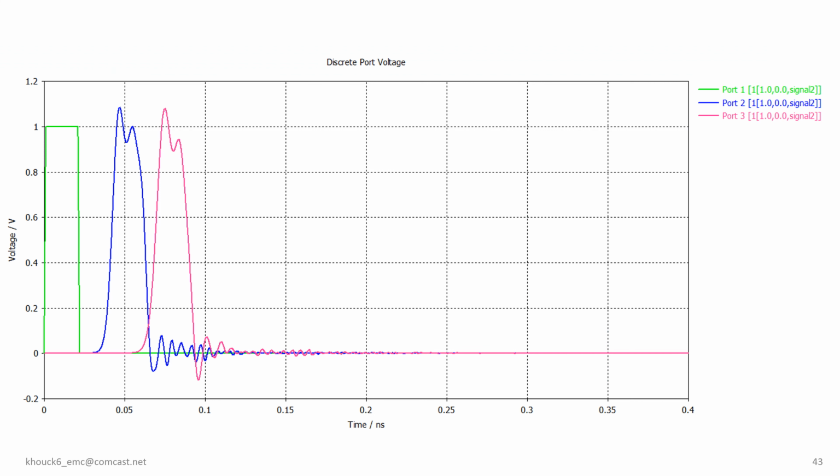The encouraging aspect is that a 1 picosecond transition with a period of 20 picoseconds can effectively propagate within a well-designed printed circuit board. However, the challenge lies in the fact that many devices are not inherently designed to facilitate proper field flow. Often, device models are derived from measurements conducted on poorly laid out printed circuit boards. This poses a significant hurdle during simulation, as it becomes difficult to discern whether issues stem from the board or the device itself. While this ambiguity may not be critical during validation, it holds significant importance in the realm of